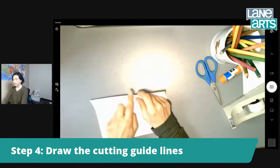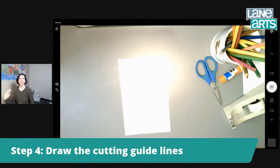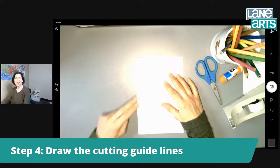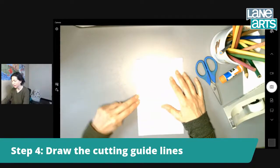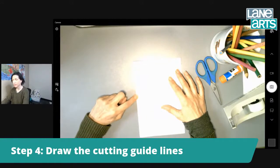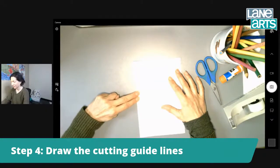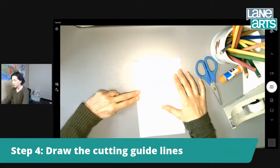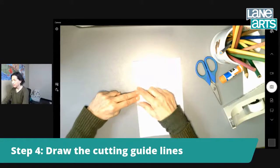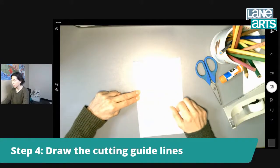And once you've found that folded edge, we're going to eyeball. That means we're not going to scientifically measure, but we're going to just judge, make a guess with our eye. Where's the middle? Where's the center of that folded edge? And put a finger there. Now put another finger next to that. And we have two fingers, and we're going to draw two lines that are about 2 fingers apart on our